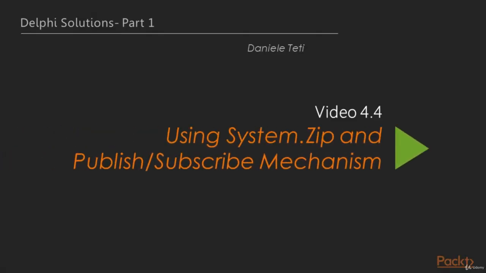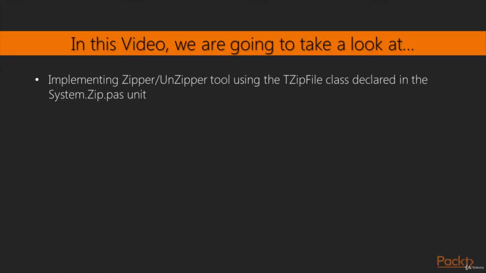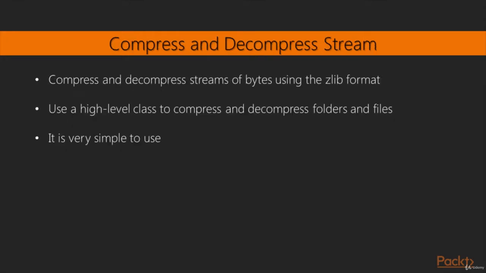Here we are at the final video of this section, using system.zip and the publish-subscribe mechanism. In the previous video, we've learned how to use system.net encodings. In this video, we'll see a simple zipper-unzipper tool implemented using the TZipFile class declared in the system.zip.pas unit. Historically, Delphi contains the TZCompressionStream and the TZDecompressionStream to respectively compress and decompress streams